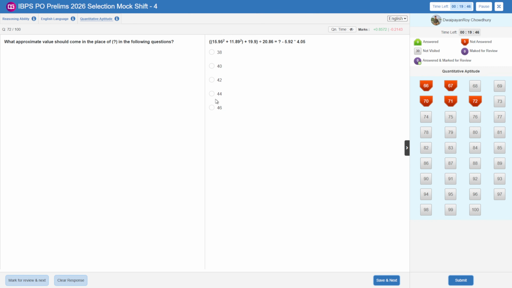So 16 square is 256 plus 12 square plus 20 upon 21 is x minus 6 into 4, 24. So the summation is going to be 300, 400, 420. So 20, so 44. Then 25% of 840 is going to be 210 plus 45% of, so this is going to be 180, equal to x cube plus 47. So it's going to be 133. So it's going to be 343. So 7 cube.